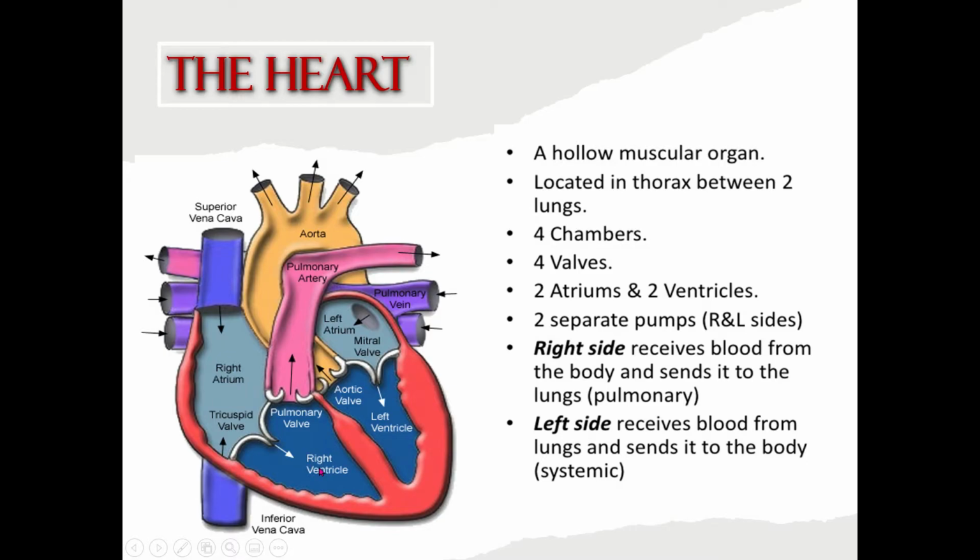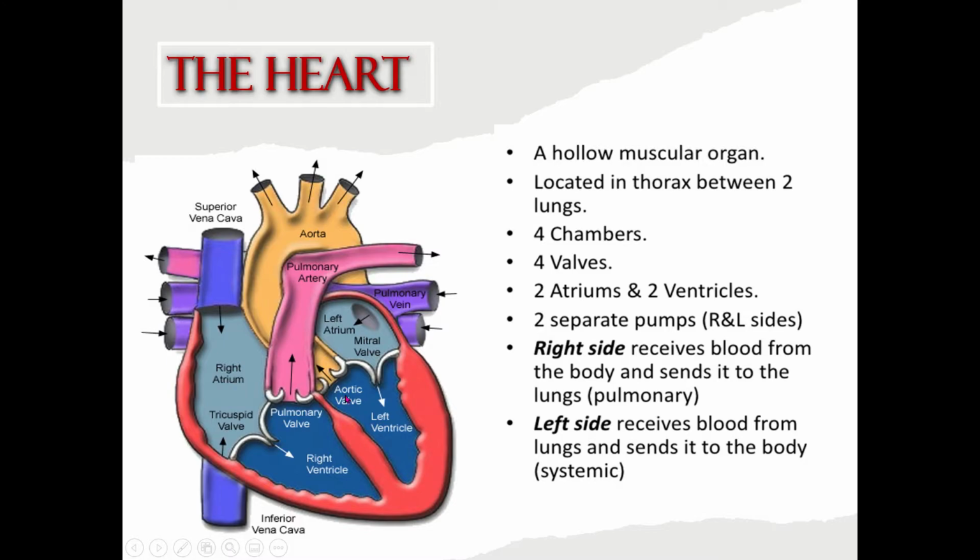When the heart pumps the blood from the right ventricle into the pulmonary artery, it is prevented from backflow with the help of the pulmonary valve. Similarly, the third valve is located between the left atrium and left ventricle and it is known as the mitral valve. The mitral valve prevents the backflow of blood from the left ventricle to the left atrium. And the fourth valve is the aortic valve. When the blood is pumped from the left ventricle into the aorta, it is prevented from backflow with the help of the aortic valve.